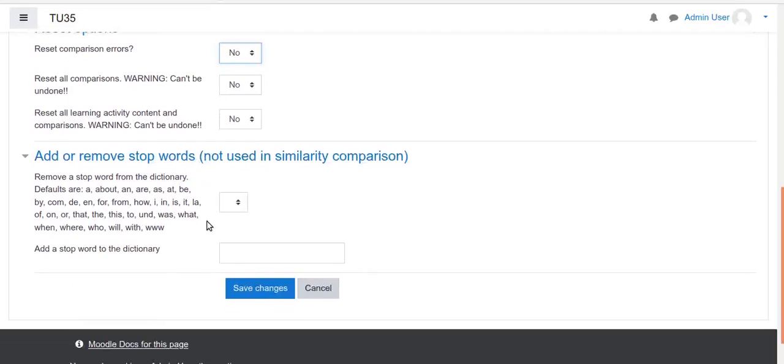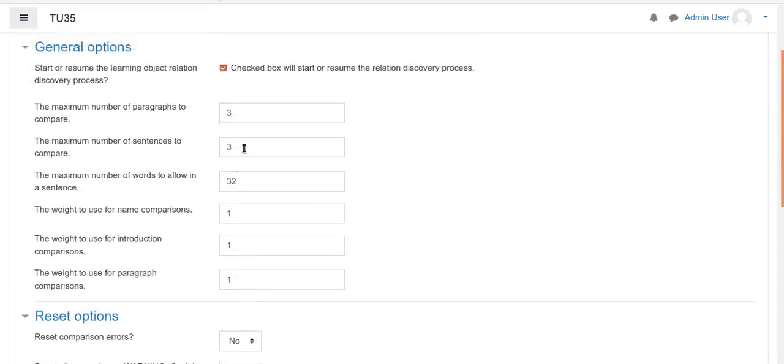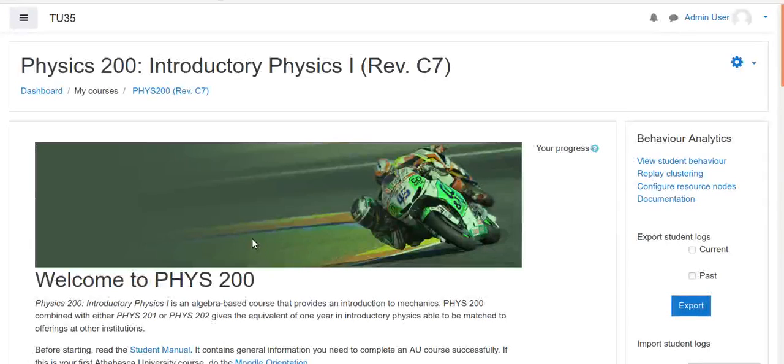And there's also a list of stop words here. When content is compared from one learning object to the other, stop words are pulled out, as well as words that aren't in WordNet. So we can come in here and adjust this list of stop words. This hasn't actually been populated yet, but once it is, this will be full of words. The reason it's not populated first on install is because the cron task actually has to run first before this will get populated. So we're going to turn the discovery process on for now, and then we shall move over to